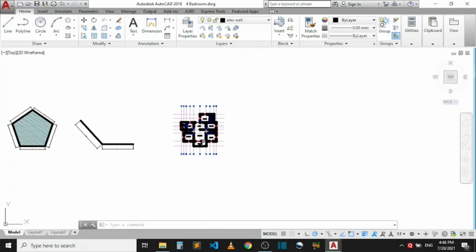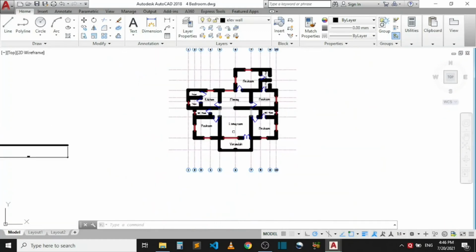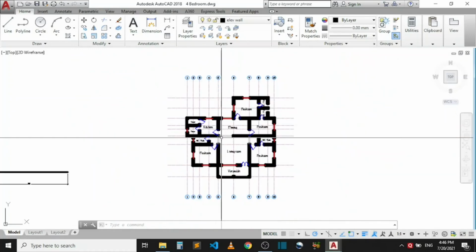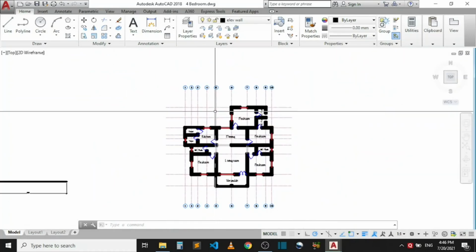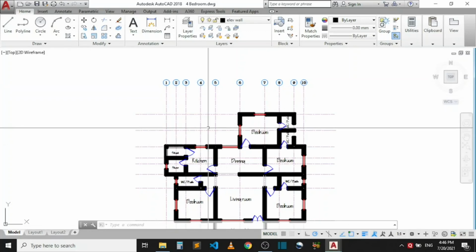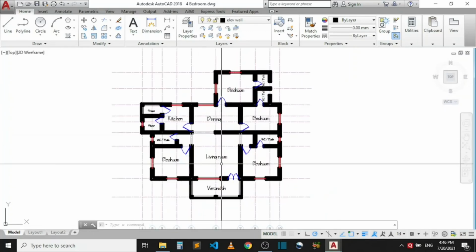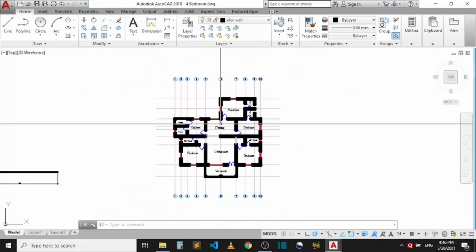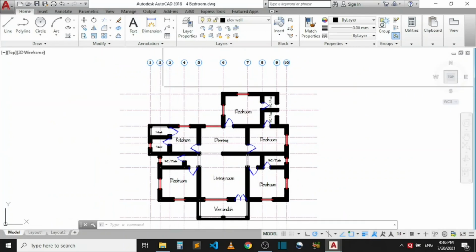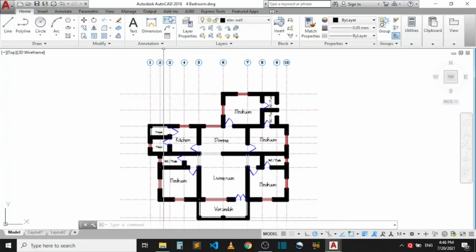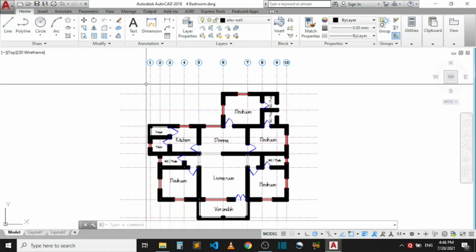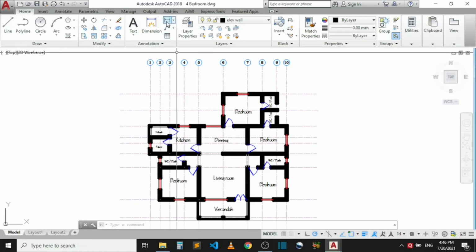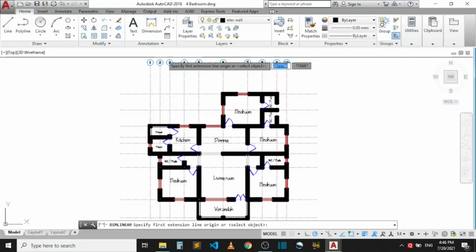Alright, now let's come to a real drawing here. This is a drawing of a 3-bedroom bungalow. If I want to dimension this, these are grid lines of this building. This is a 3-bedroom bungalow I did earlier on. To dimension this is linear, so I will pick the dimension style, that's the linear style, and just start clicking here all over and come to this side. Now let me click on it. I'll click on linear dimension here.